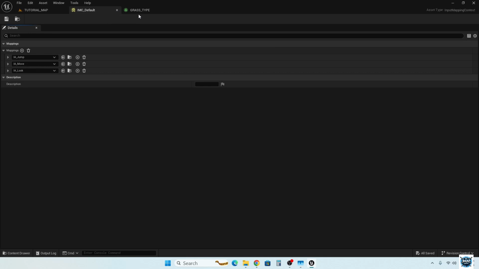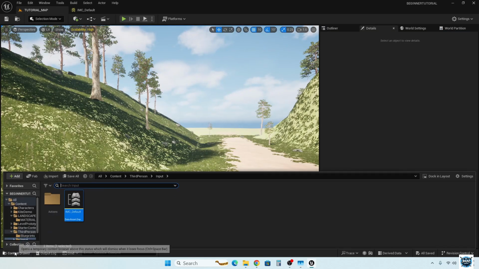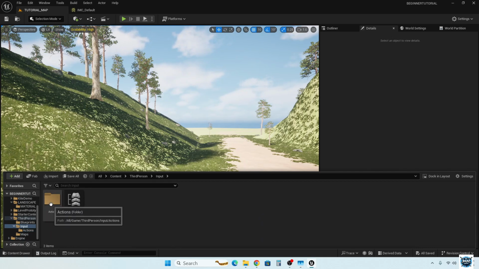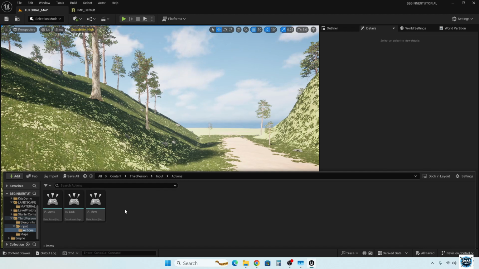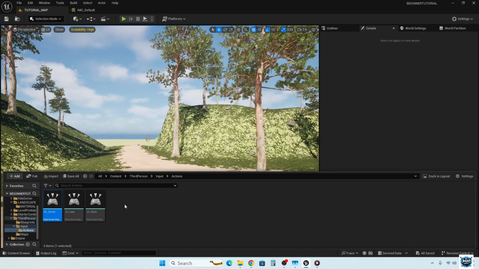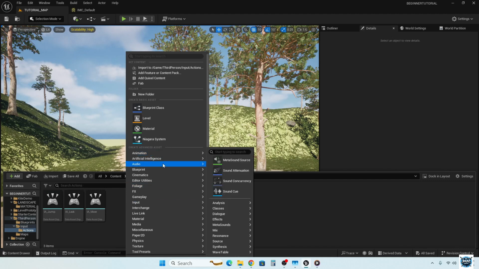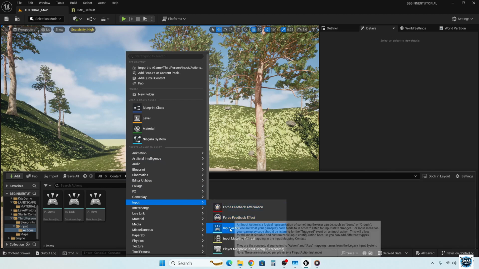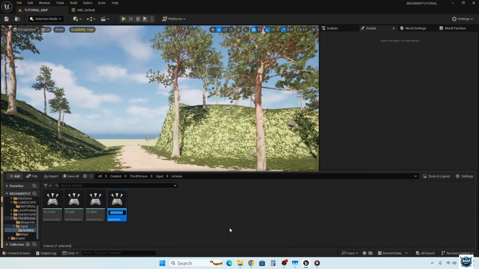But for now, we're just going to set this up. We can close the grass type, and we're going to create an input. Go back to input right there where we had our default. You'll see actions. Click on actions. All right, we're going to create an input. Right click, and then you want to scroll to input right here. All right, and we're going to click input action, and we're going to name this